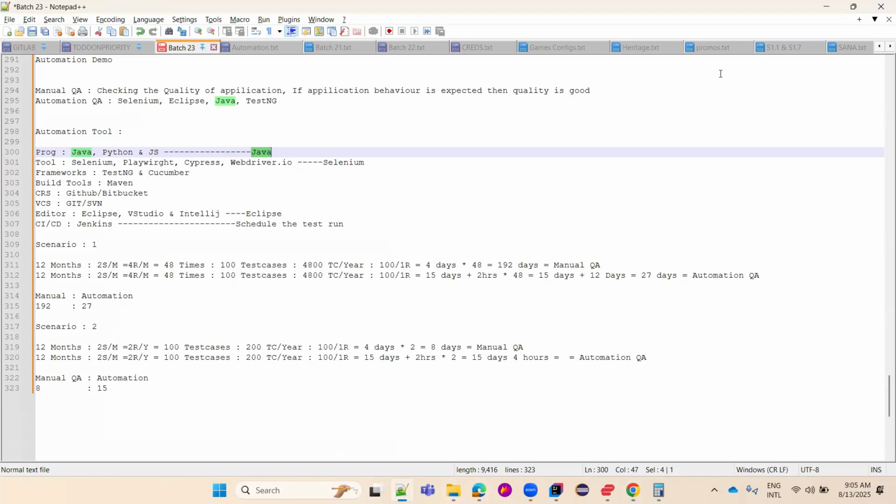Yeah, clear. So this is all about the basic demo session for today. Tomorrow I will execute basic scripts. We can take any application randomly in the class and automate one or two test cases in any of the frameworks, based on flexibility, and we can close the demo session tomorrow. August 15, no class due to Independence Day. And then Saturday, Sunday, weekend, we don't have any class. From Monday onwards, actual classes start.